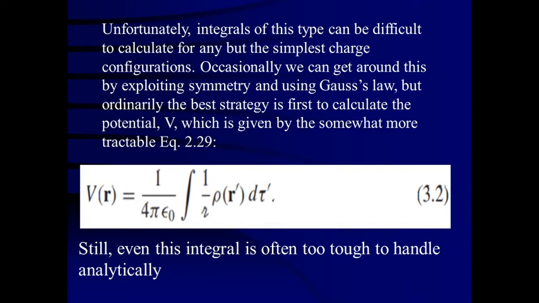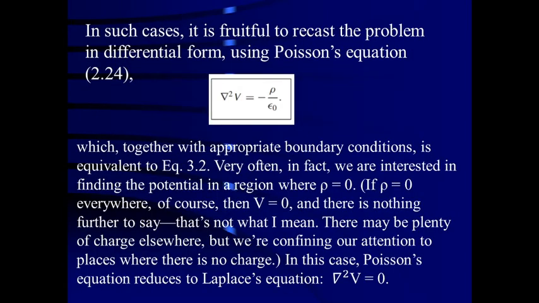The reason is that if the charge is spread over some conductor, then you don't have control over how the charge is going to be distributed. As soon as you put the charge on a conductor, it will be randomly distributed. You cannot know where the charge is, or how much charge is going to be distributed on different surface areas. But the total charge can be known, and hence this kind of integral is difficult to evaluate.